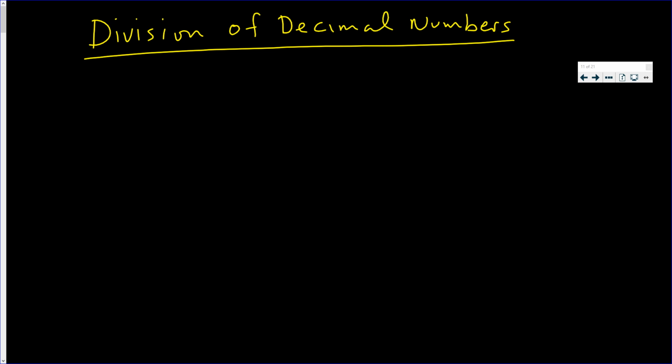In this video, we're going to work on division of decimal numbers. For the most part, there's absolutely no difference between dividing by decimal numbers and dividing by whole numbers. So you want to do this. That statement is true if what you're dividing by has no decimals. This just means do 9 into